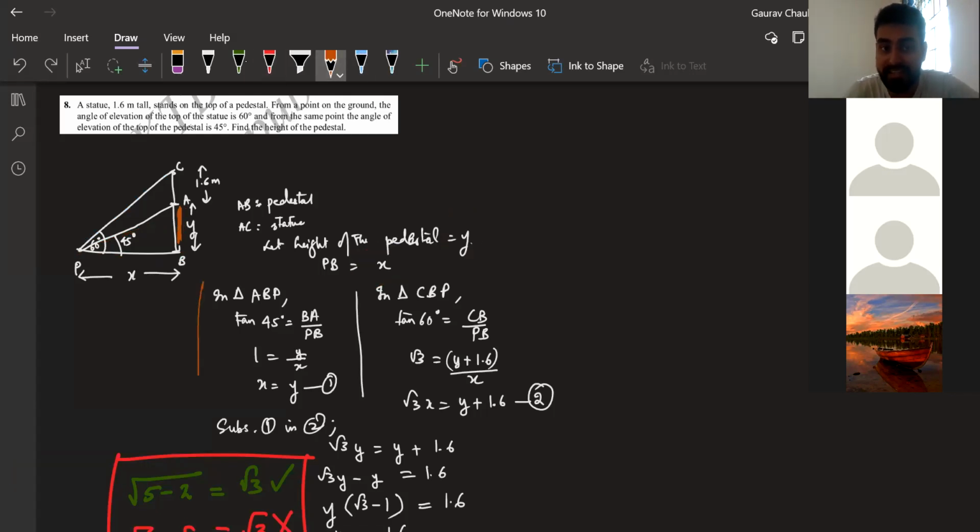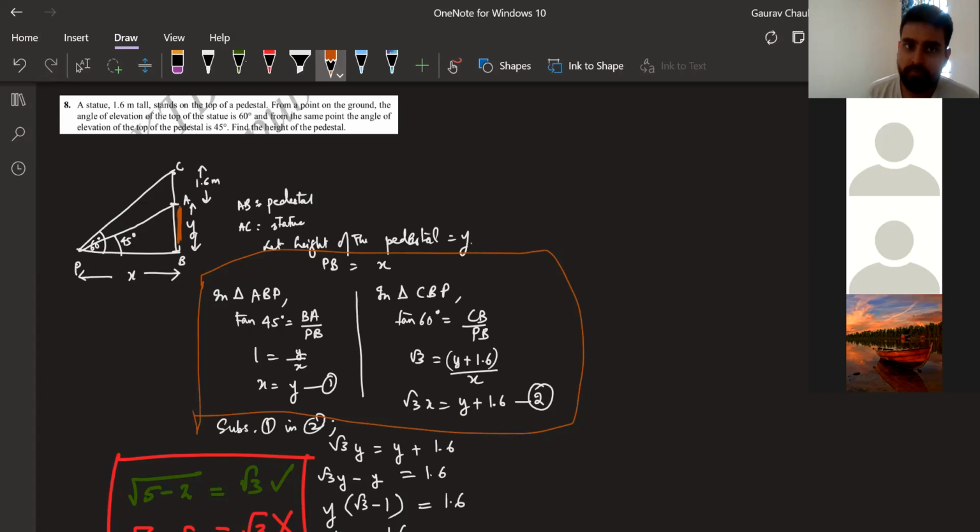Are these two equations clear for us? How we form these two equations using both triangles? Is that clear for us now? I took first the smaller triangle, tan 45, I formed the equation. I took the bigger triangle, tan 60, I formed the equation. Why did I take tan? Why did I not take sine, cos? Because I wanted to use this X and this full thing also. Why did I want to use that X? Because that's common in both the triangles. If it is common, then that will be there in both the equations.